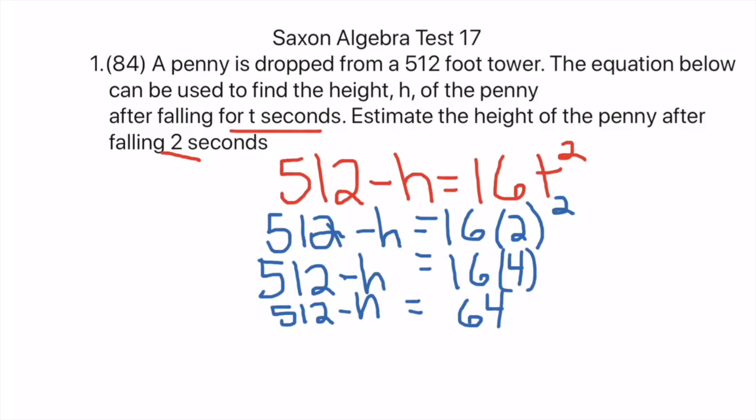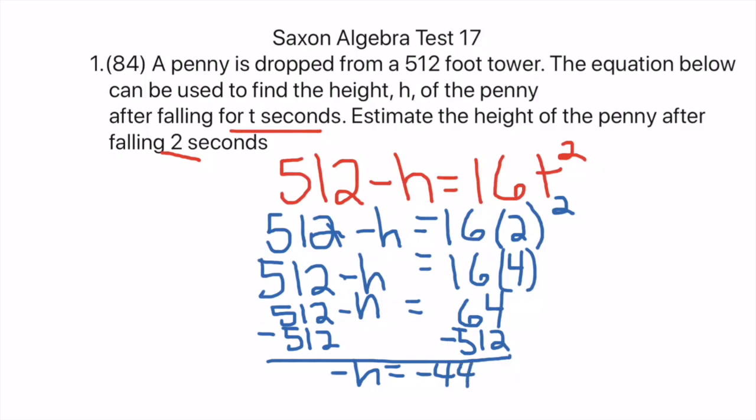But now we want to solve for h. So I'm going to subtract 512 from both sides. So on the left, I have negative h equals negative 448. I'm going to rewrite that up here just so I have some more space. So that was negative h equals negative